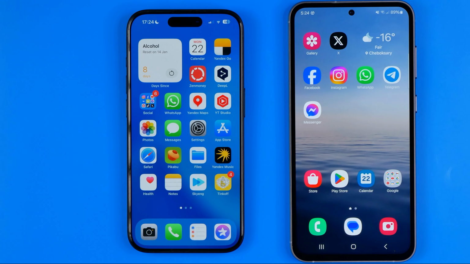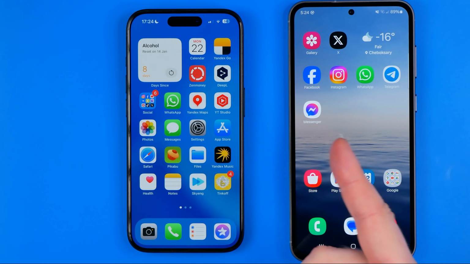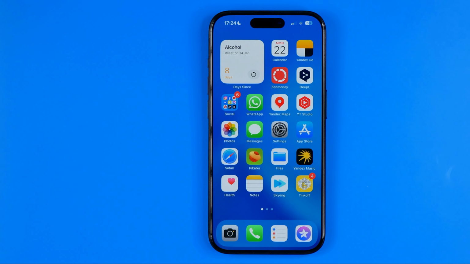In this video, I'm going to show you how you can easily see your Gmail account password if you forgot it on an iPhone and on an Android. Be sure to watch the video to the very end so you don't make any mistakes. Let's get started, guys. I'm gonna show you all the process from the beginning, and on an iPhone, first off,